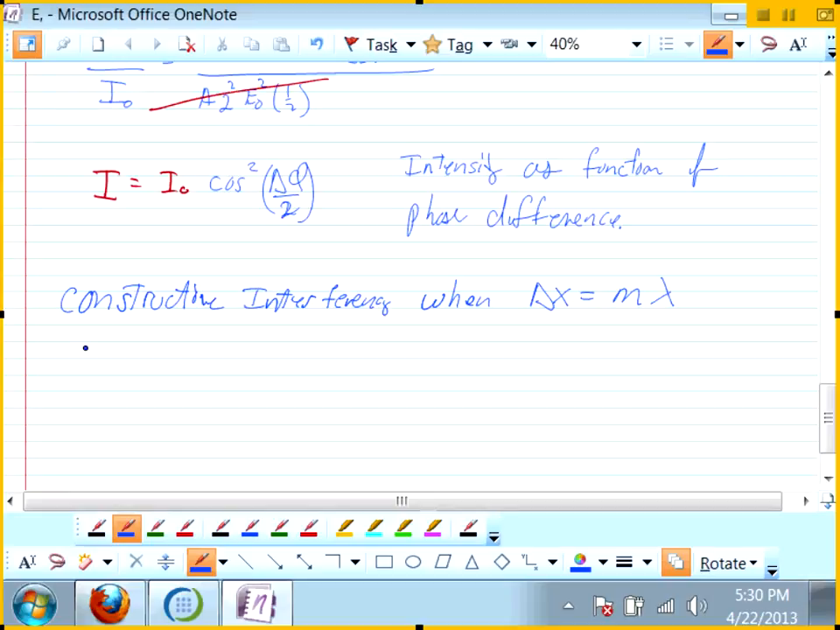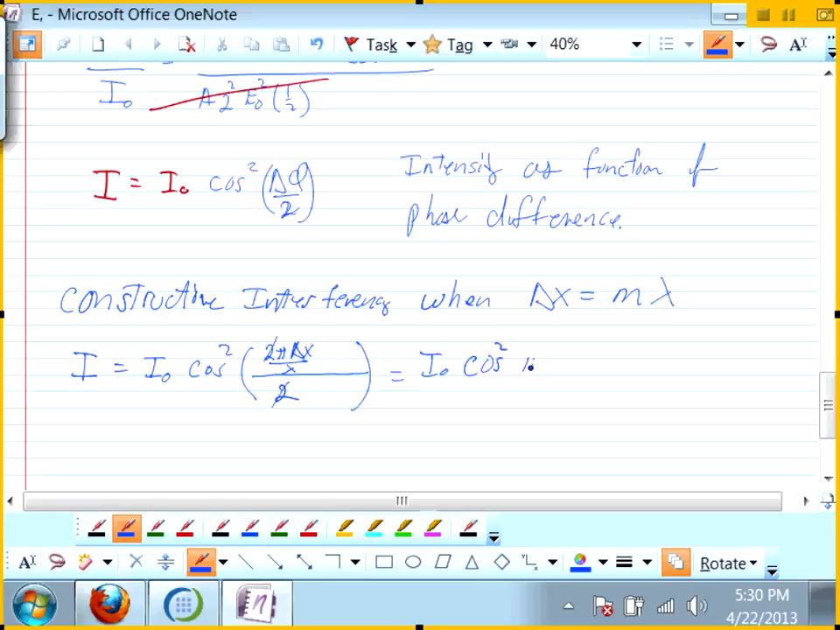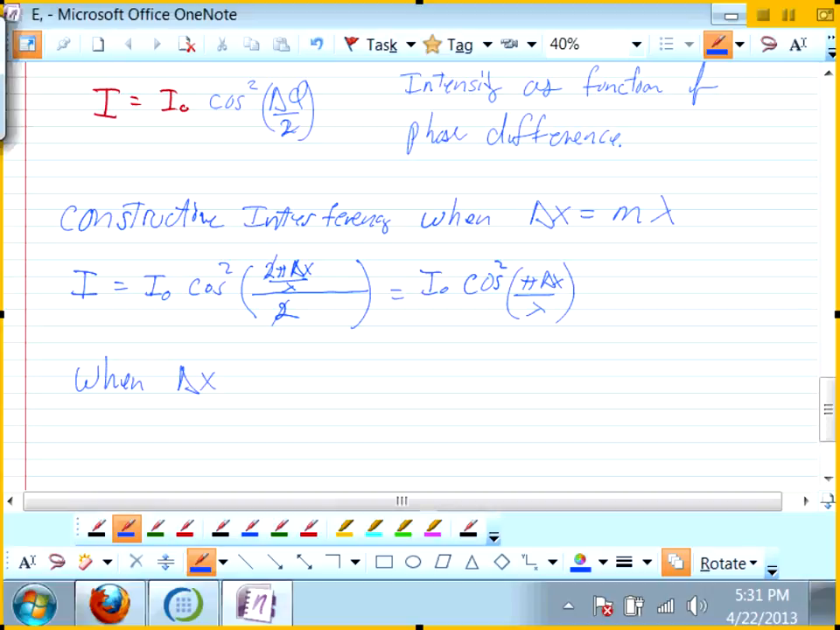So what that means is I need to express my intensity in terms of lambda, right? Let's do it this way. I is equal to I naught cosine squared. Instead of that delta phi, I'm going to put in that other expression, 2 pi delta x over lambda. And of course I still have the 2 in the denominator. The 2 in the denominator goes away with the numerator. I naught cosine squared pi delta x over lambda. Now, when delta x is equal to m lambda,